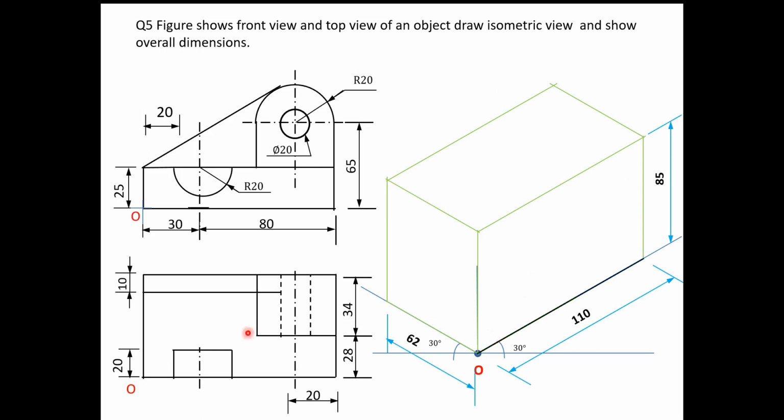Next, if you see here, this edge is visible, so I will mark this edge. This edge is visible, so mark these edges, the corner edges. Then this is visible. Then this is 20, so mark this 20. This radius is 20, so the diameter is 40, so mark this as 40 mm. Again complete this, join this. Now what is remaining? This edge.